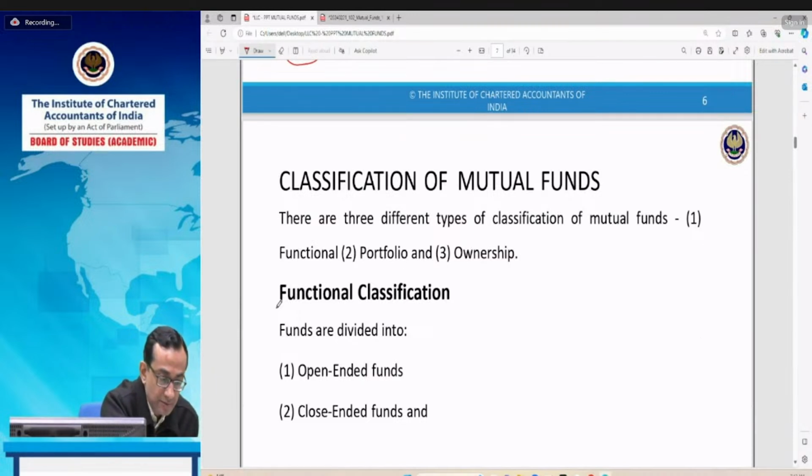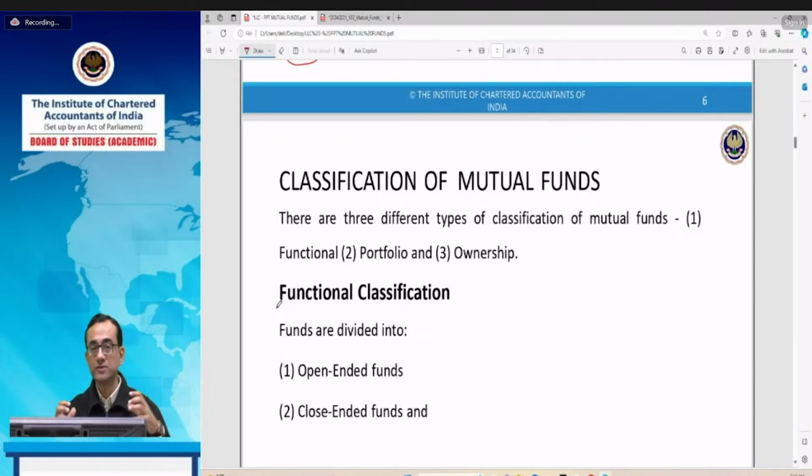Let's see if any query comes. Yes, investment in mutual fund and investment in SIP is actually the same. You can say investment in mutual fund is a broader concept. SIP, that is systematic investment plan, is part of the mutual fund, where a fixed amount is invested every month into the mutual fund. If you're investing in a mutual fund, it can either be a lump sum amount or an installment. If the investment is in installments, it is SIP or systematic investment plan.